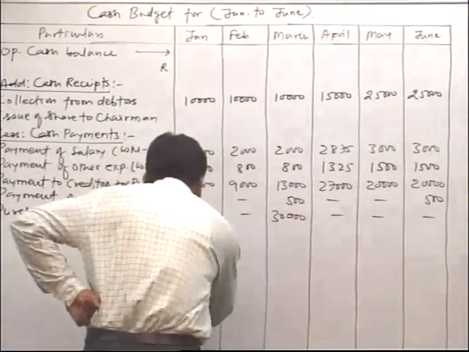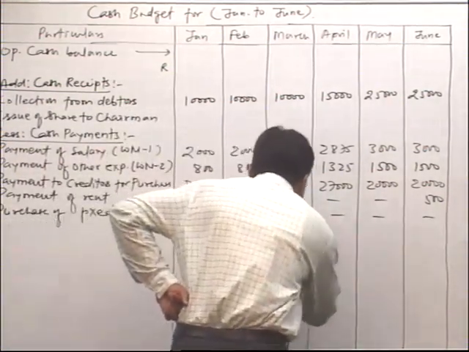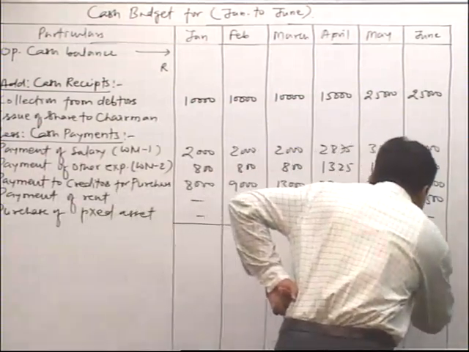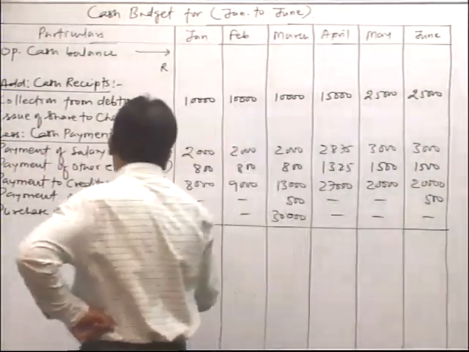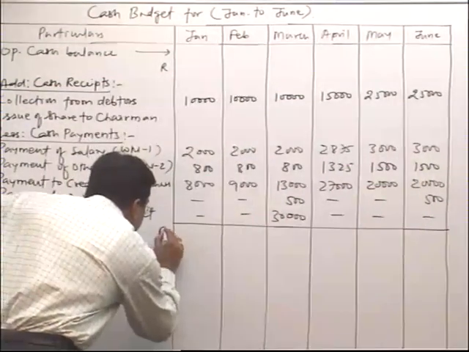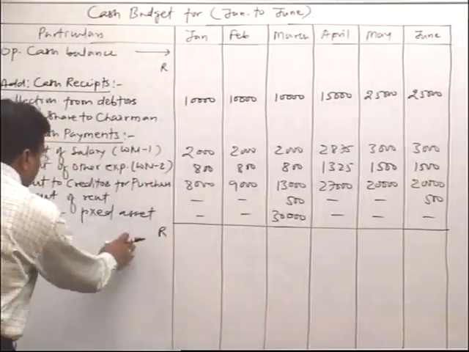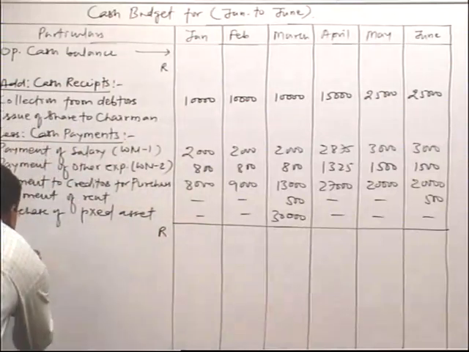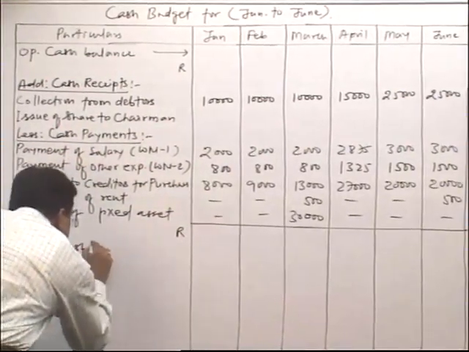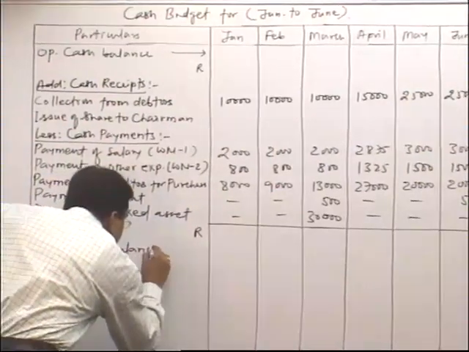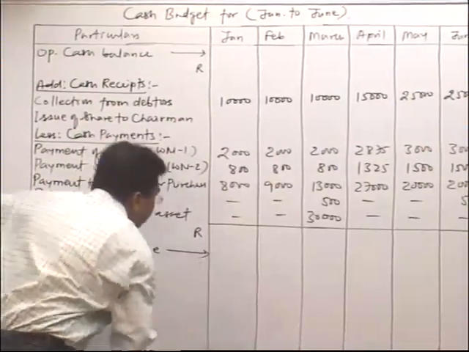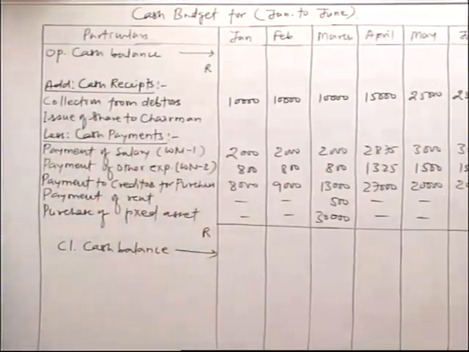Now directly we will find out the closing cash balance, and that will be the rough closing cash balance. So please draw a line and thereafter write down R. This is rough closing cash balance. And thereafter one more line, that will be closing cash balance. Show it by arrow and it will be the fair balance, which we will write later on.